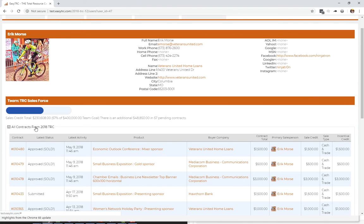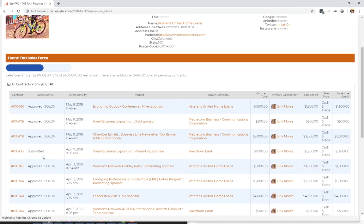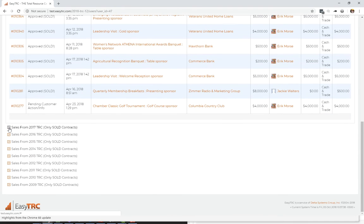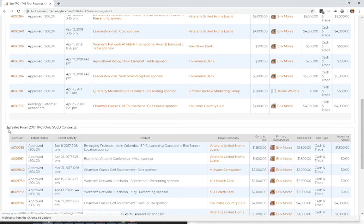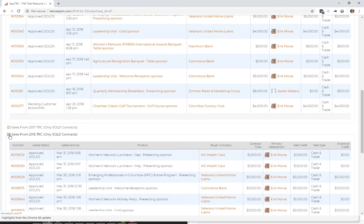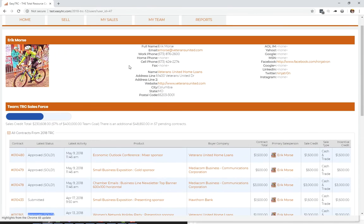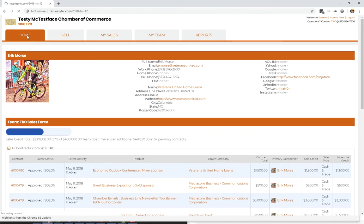So you see the contracts from the current campaign. You see the contract statuses. Some are submitted, most are sold. Got a lot of information there. And then down here is the little secret sauce. You see what they sold in previous years. So this guy has sold a lot of things in several years in the past, and that's great. So he's a pretty active user for quite a long time. But if we go back to the home page,